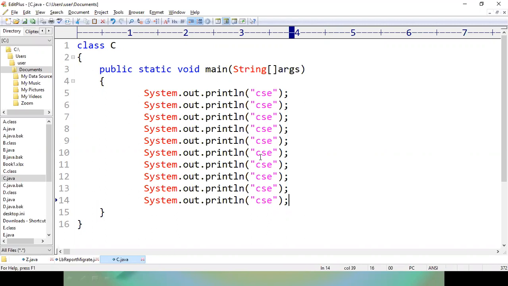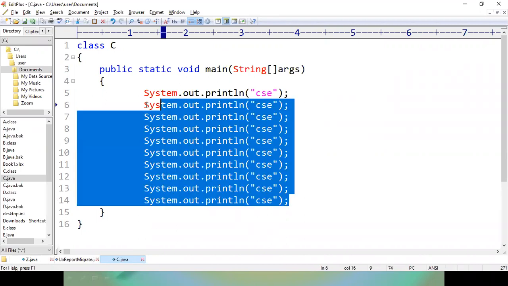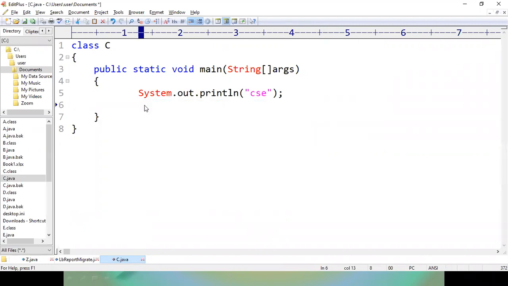So instead of writing the same statement again and again, we can make our compiler execute the same statement n number of times, where the n value may be 10, or 100, or 1 lakh.